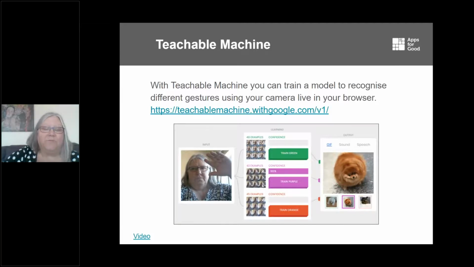I can then do a different gesture here and then a third, and depending on which gesture I'm doing, it should be able to identify, and it will change the picture or the message that it's giving out. There are versions of this which allow you to do the drag and drop as we've done before, and there's also a sound one, so you can start seeing how Siri and other voice activated AI is working.